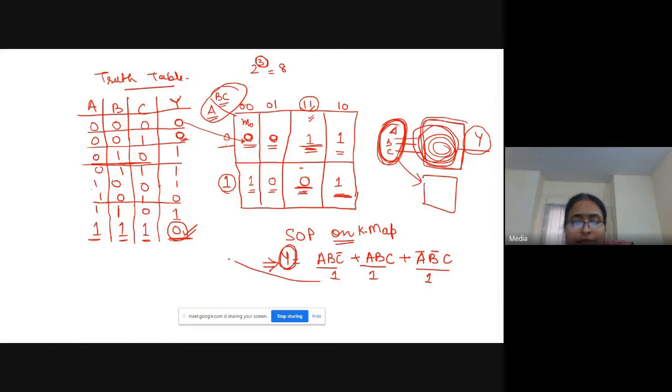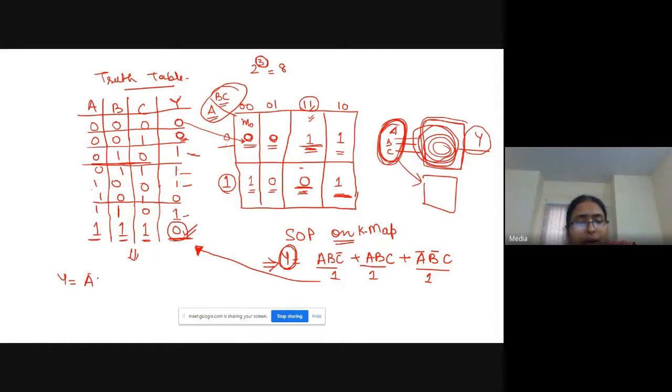So instead of giving me this combination in the form of truth table, I am just giving it in the form of SOP. Similarly, you can write this truth table in the form of Boolean expression like this: Y is equal to, for these ones only. How will you write it?